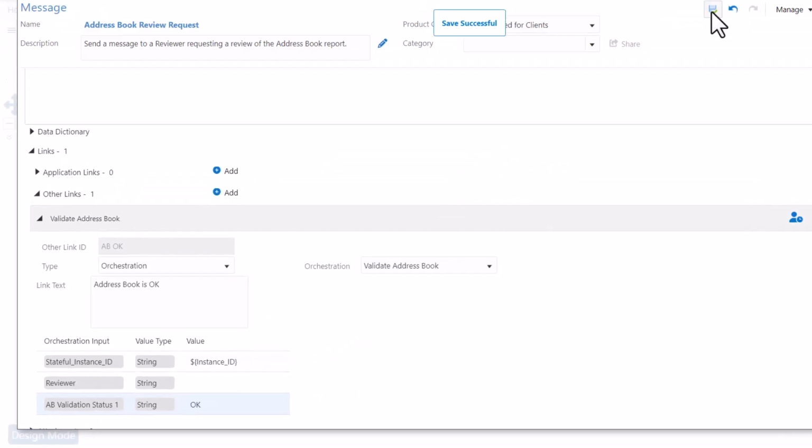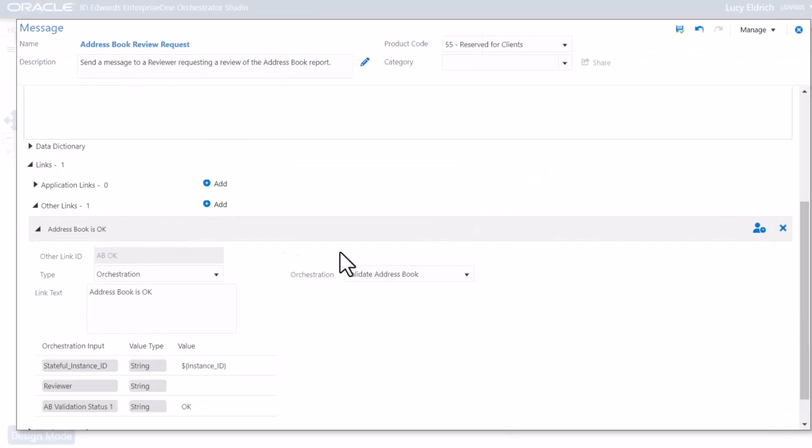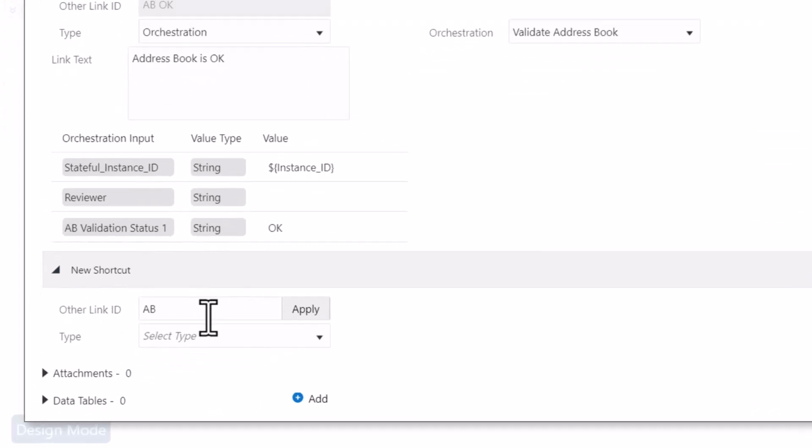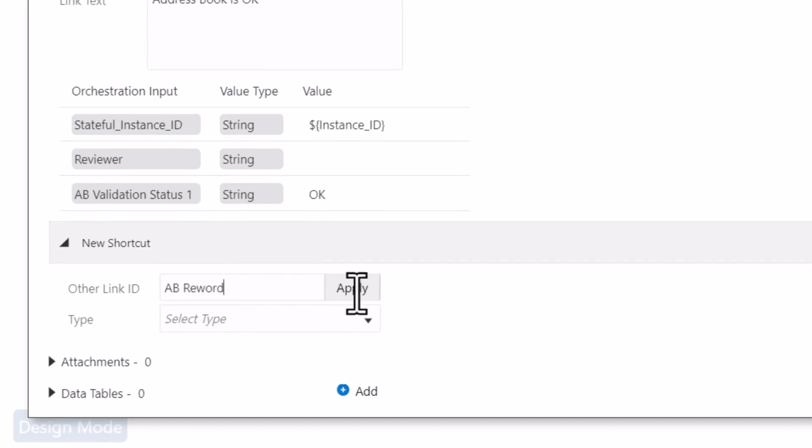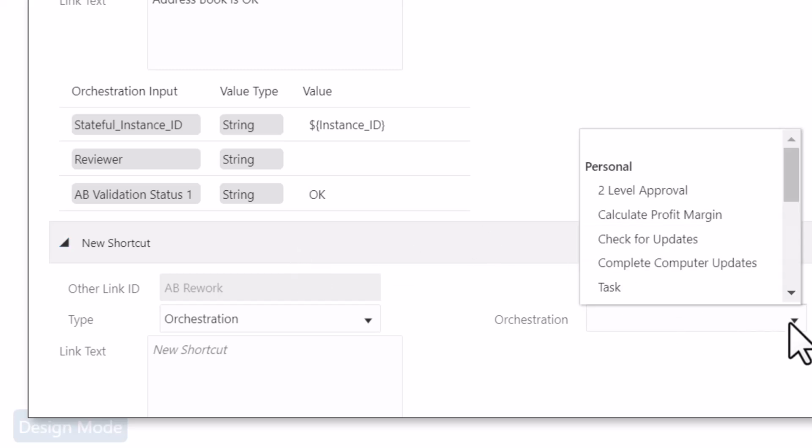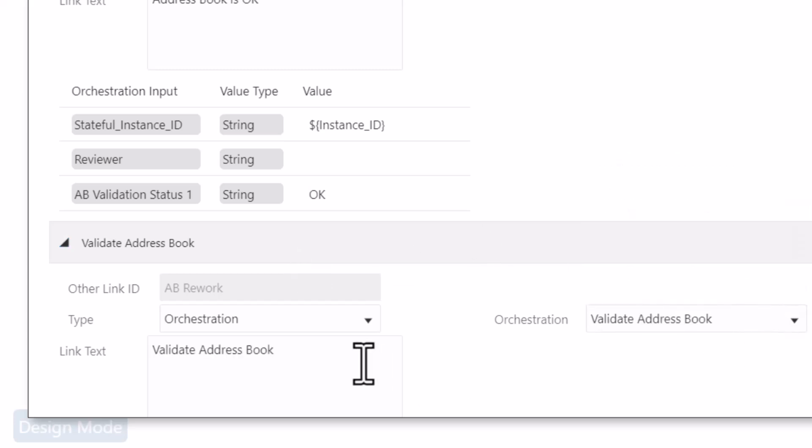Next, let's add a second link. In the Other Link ID field, enter AB Rework and click Apply. Let's select the type as Orchestration and select Validate Address Book. Enter the link text as Address Book needs rework.